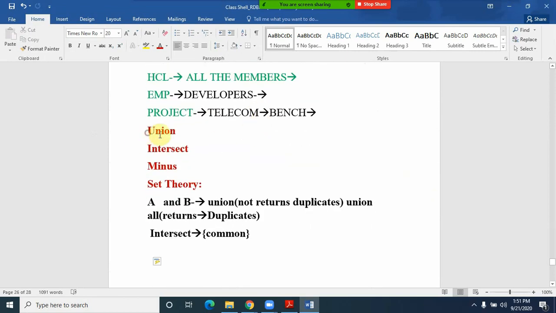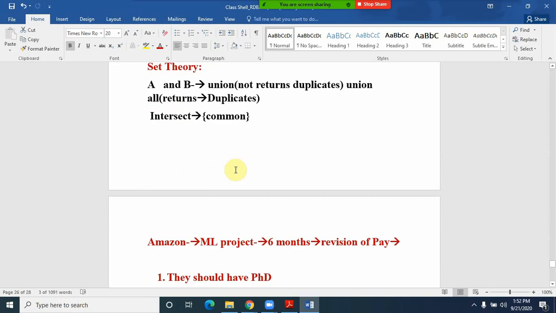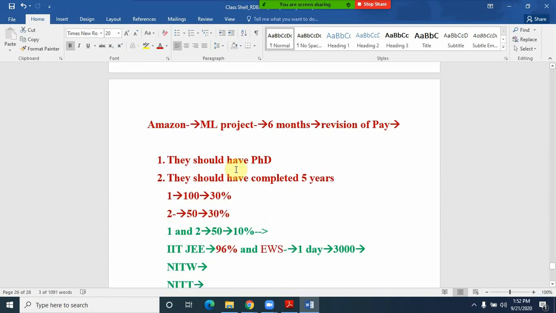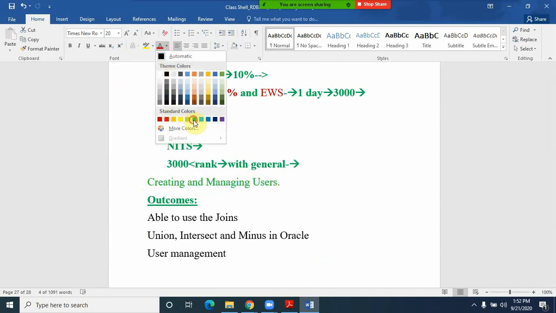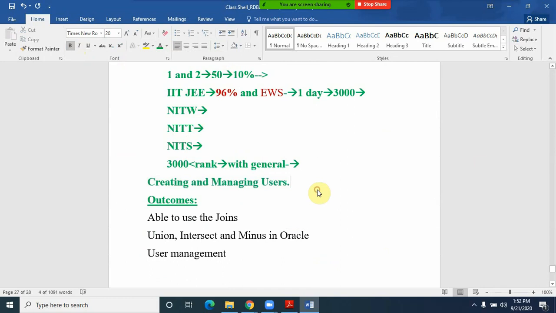We talked about union, intersect, minus, which are the most popularly used operators in Oracle, with some examples. Finally we discussed creating and managing users, which allows us to perform things like dropping a column or dropping a table.